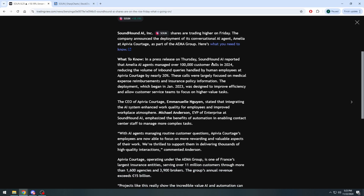In a press release Thursday, which was yesterday technically, SoundHound reported that Amelia AI agents managed over 100,000 customer calls in 24, reducing the volume of inbound queries handled by human employees at Apivia Cottage by nearly 20%. These calls were largely focused on medical expense reimbursements and insurance policy information. The deployment, which began in January 23, was designed to improve efficiency and allow customer service teams to focus on